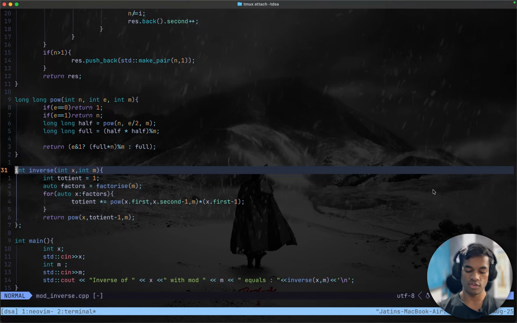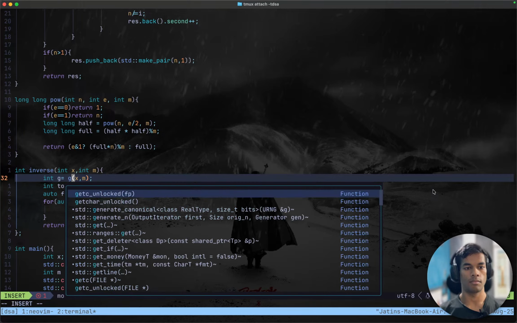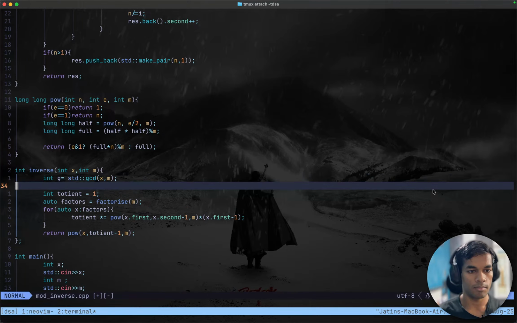I need to find their GCD. And now, int g equals GCD of x and m. And for GCD, I can use the library function for GCD. And then